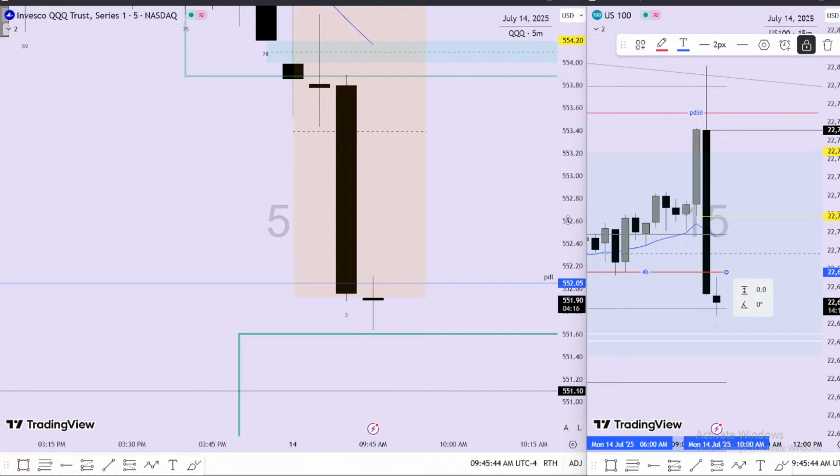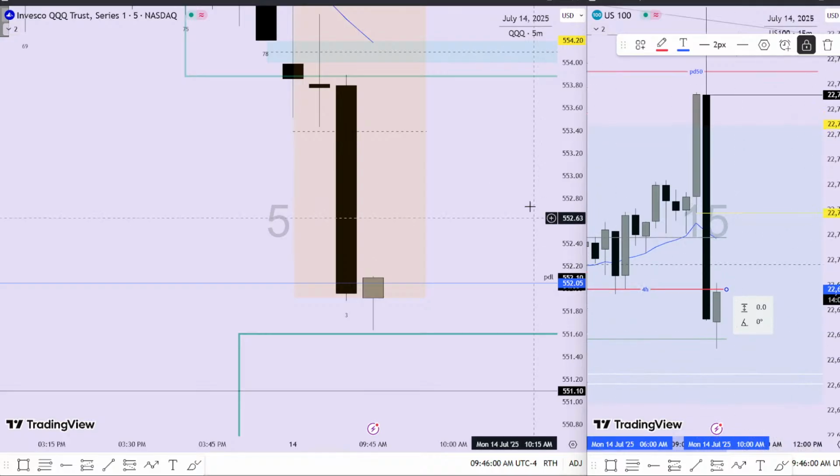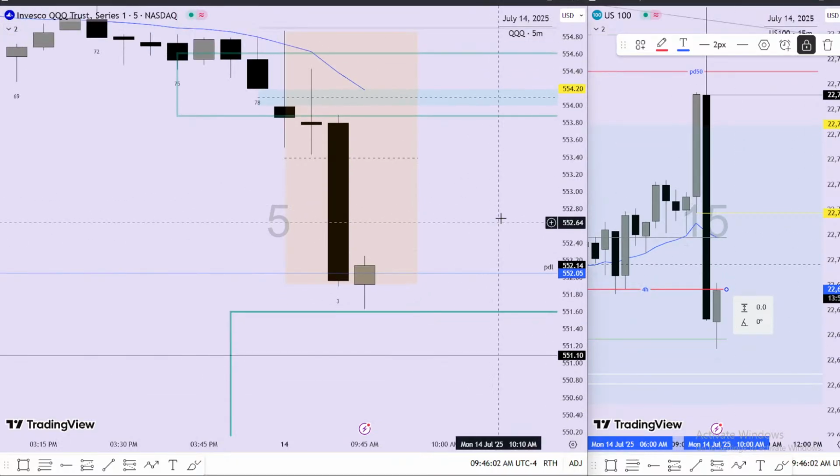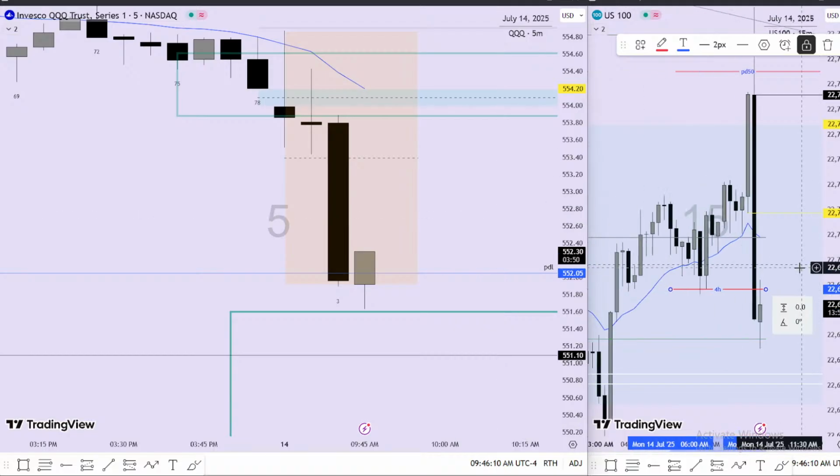That's a bad risk to reward trade. I am not interested. It's forcing me to buy right at